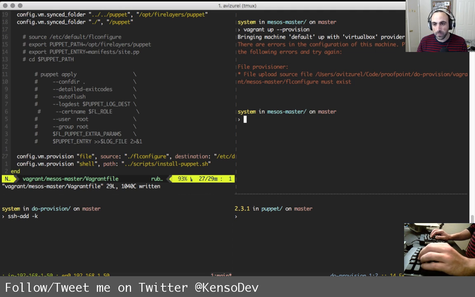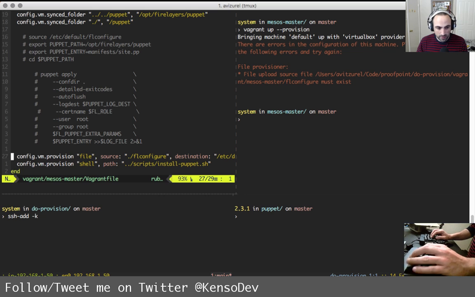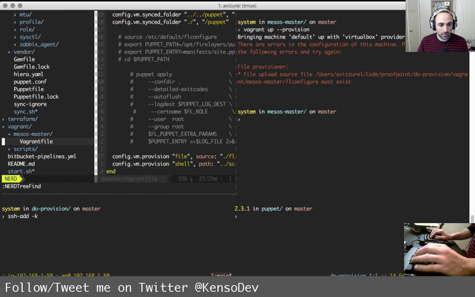File upload, source file. Okay, so fl-configure doesn't exist, so that's a pretty easy fix. Let's go ahead and do this, and let's edit the vagrant mesos master, and then fl-configure,